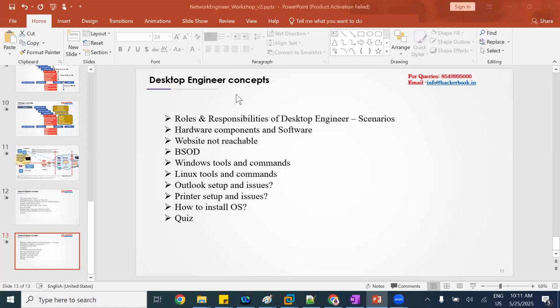Let us quickly recap the concepts. I'll ask some basic questions, try to answer in the chat. Okay. DHCP default port number. 5 minutes of quick revision, then we'll move on to the new concept. DHCP default port number is